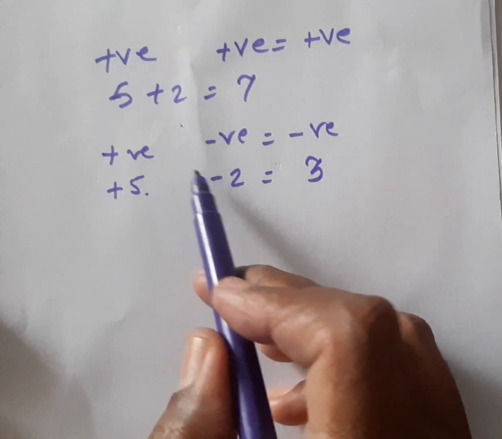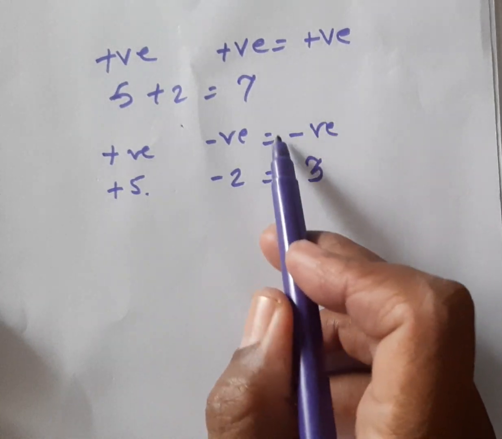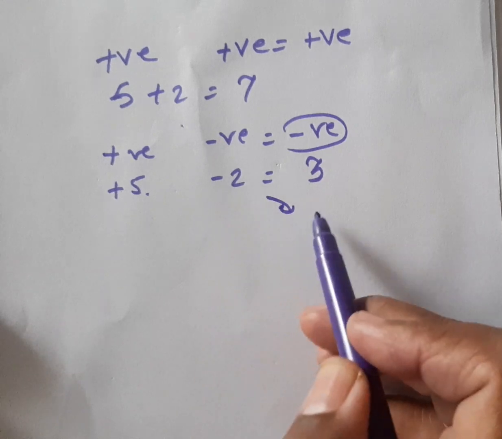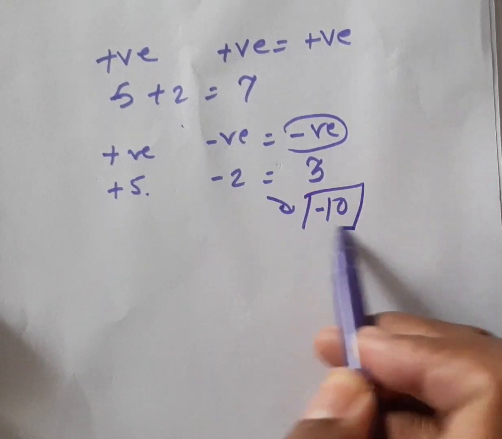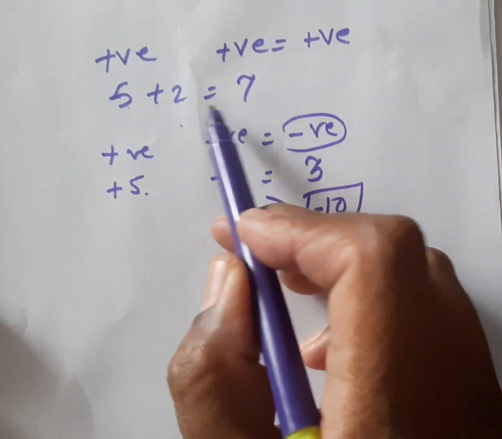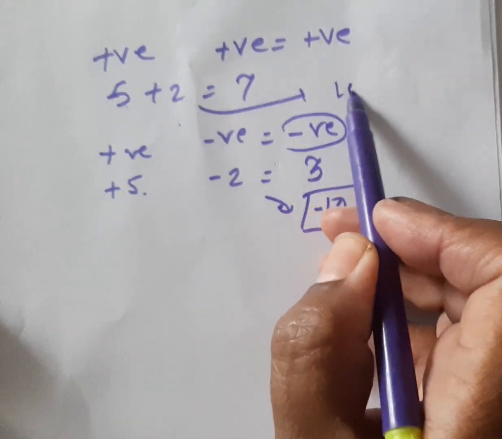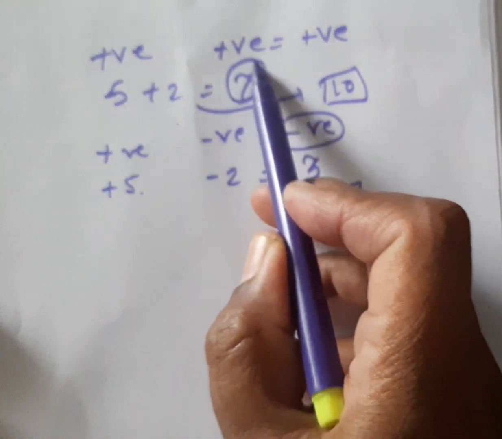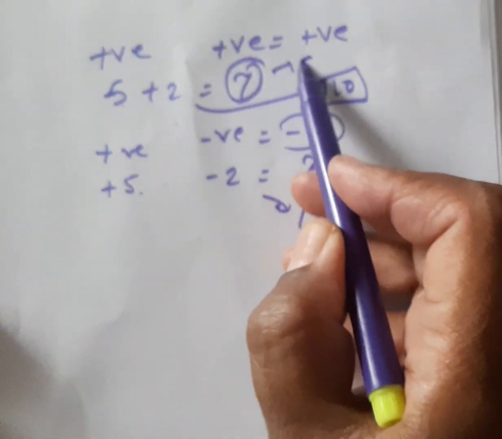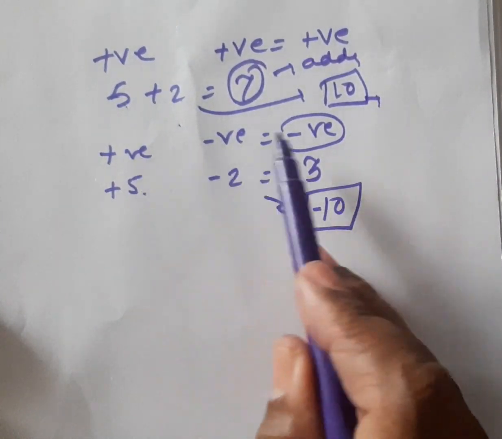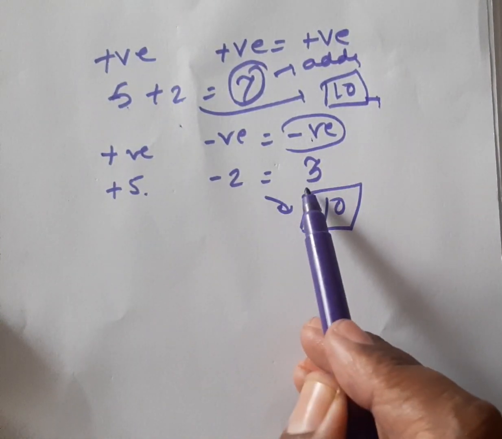But when we multiply this, we have subtracted, but when we multiply, then the answer will be 5 2s are 10 and negative. Here also when we multiply this, 5 2s are 10, the answer will be positive. Okay, this is for addition answer and this is for multiplication. Here also this is for addition and this is for multiplication.